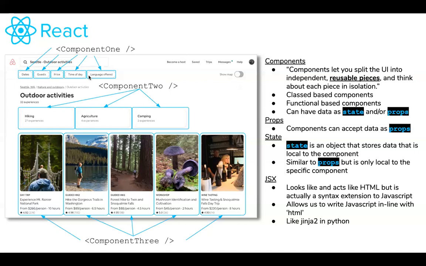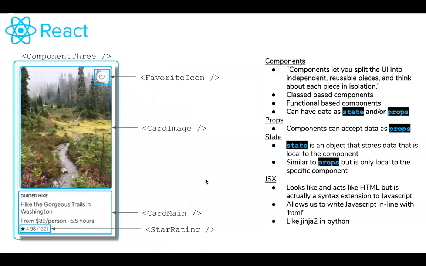So the data that is passed into that component changes to make it display something else or operate in a different way. Likewise with agriculture, component 2, we've got hiking, and we must pass in different experiences, so that's another different type of data that is passed into that component for it to display this. Same with this. So let's break down component 3